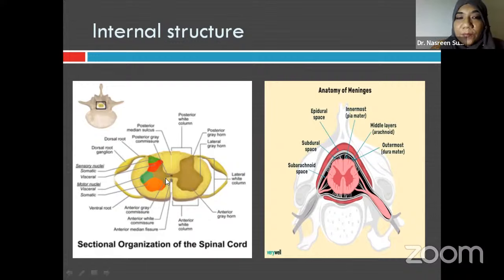Okay, commissure: anterior commissure, anterior gray commissure, and anterior white commissure, which means the one which is joining this. Okay, this is commissure. Now you are having different horns here. Posterior gray horn. So whenever you are studying about the posterior, you immediately see about the anterior things. Okay, so posterior gray horn and